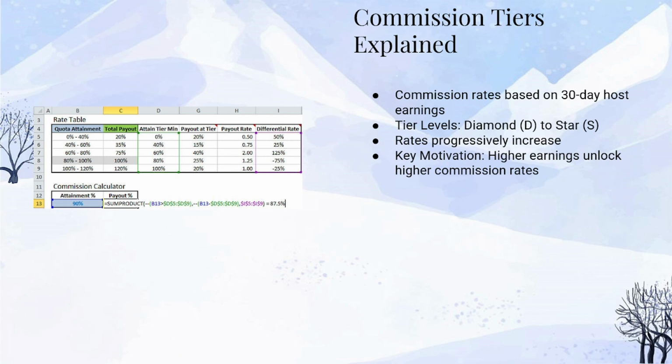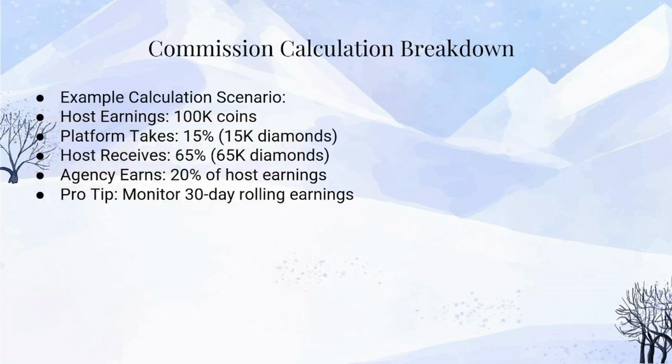Where should we start? Maybe with the most basic part. This basic commission from host. Sounds good. So fundamentally, it's like this. You take the host's earnings, what they call host basic income. Which is gifts and calls combined. Correct. Gifts and calls. You take that total and you multiply it by a specific commission rate. And that rate isn't fixed, right? That's where the spreadsheet comes in. Exactly. That Google sheet lays out all the different rates. So yeah, host earns money, agency gets a slice based on that rate. Simple enough on the surface.